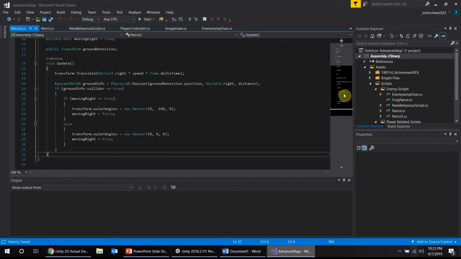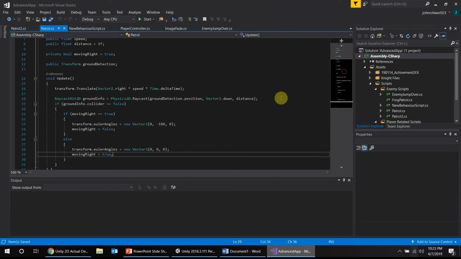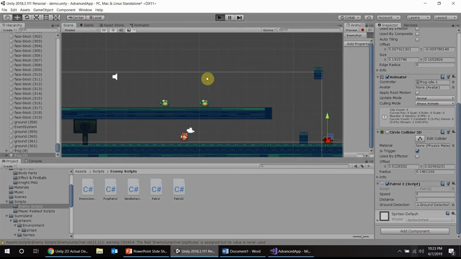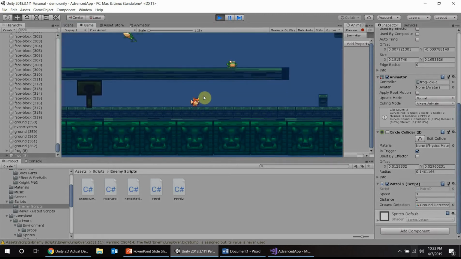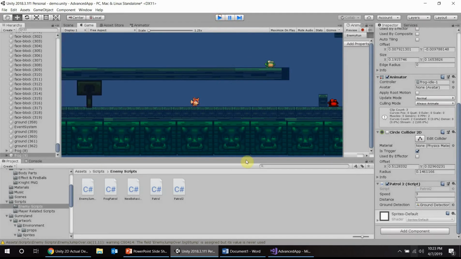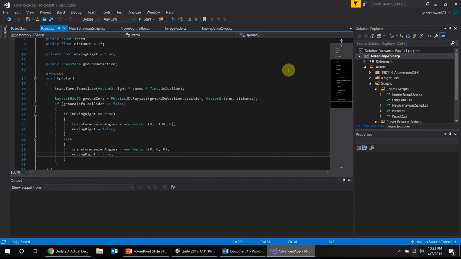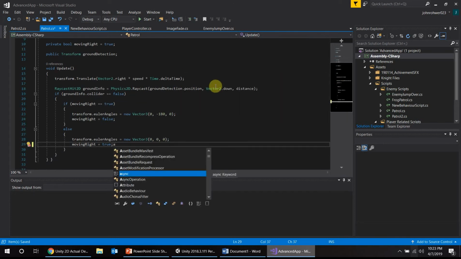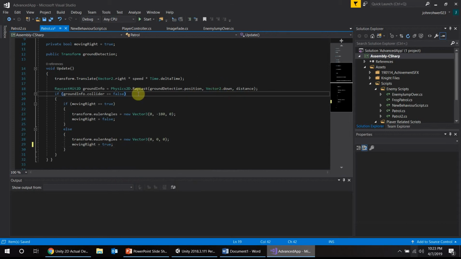And this pt2 script is pretty much the exact same as the regular patrol script, which is the one this frog is using, and the only difference is the raycast. The initial patrol script is using